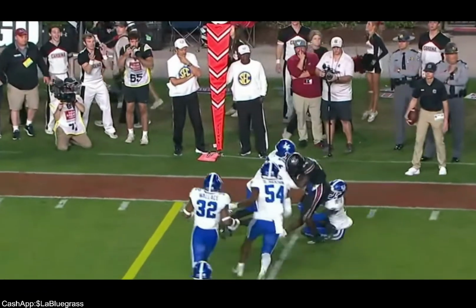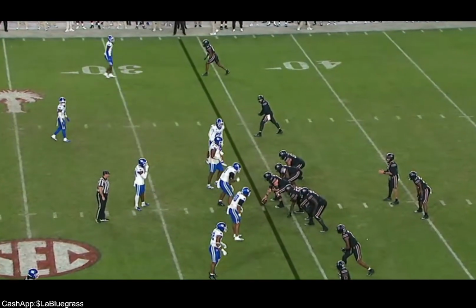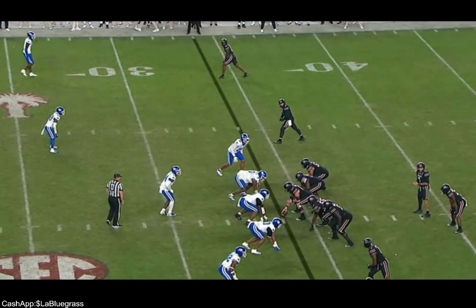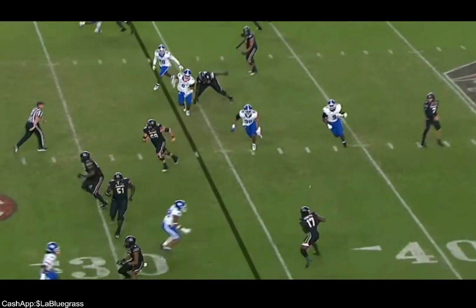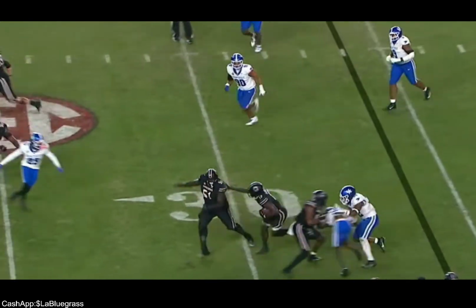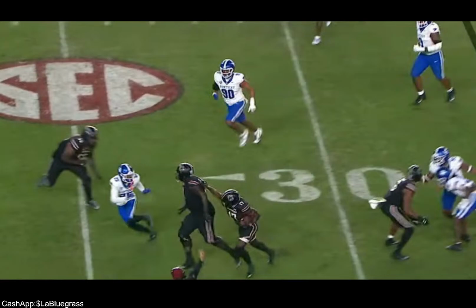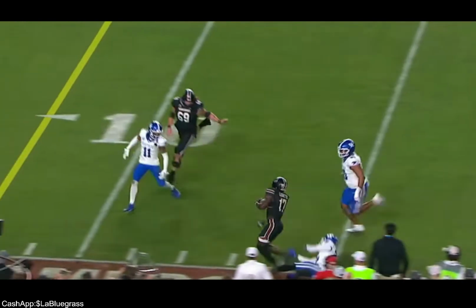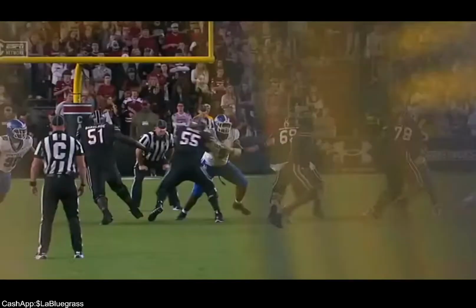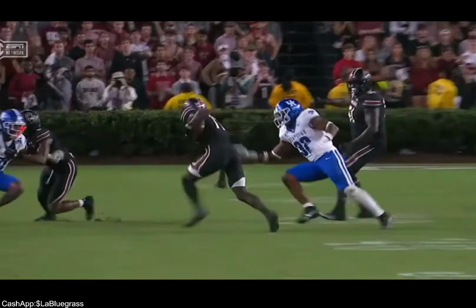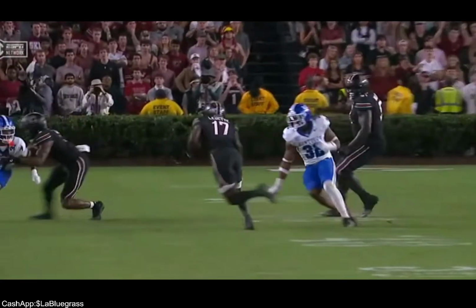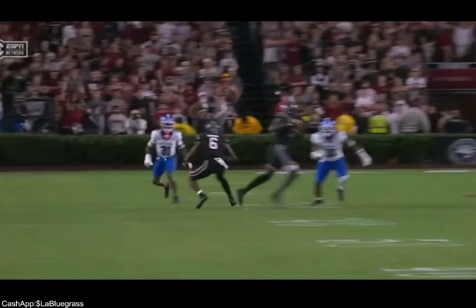Now they're in 2nd and forever. They run a bubble screen and we don't make a tackle. No, man. We got to make that one-on-one tackle. Now, their guy just out-athlete us. Trevin's got to make this tackle, y'all, or force him to the sideline or force him inside, whichever one. You cannot not touch him.